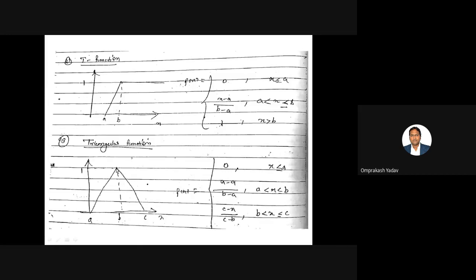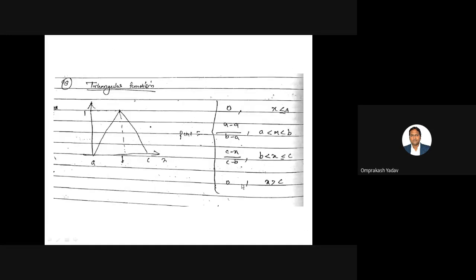Similarly, the next line is a decreasing line. Whenever it's a decreasing line, see that the below point C is there, right? So subtract that variable name from that point: C minus x divided by C minus b. That is the range the line covers, from B to C, so I find that difference, C minus b. And the limits are when x is between B and C. And the last point: it's 0 when x is greater than C.